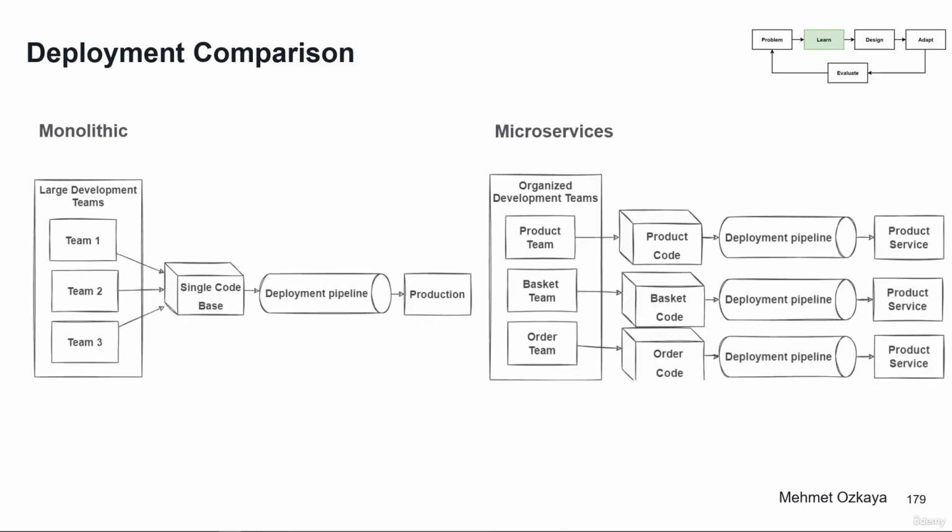If we go further, you can see the deployment comparison. In the deployment comparison, monolithic has large development teams pushing code to a single code base, and only one deployment pipeline will deploy the whole monolithic application to production. But in microservices, we have different organized development teams that can push their code to their own microservice repository, and each microservice has its own deployment pipeline. That means we can apply CI/CD automations